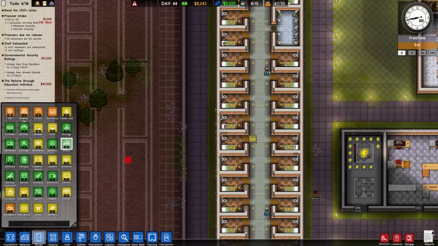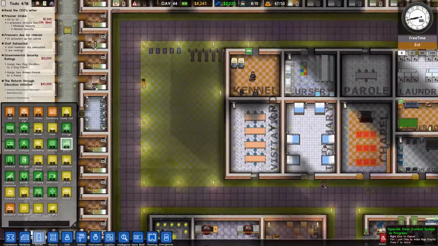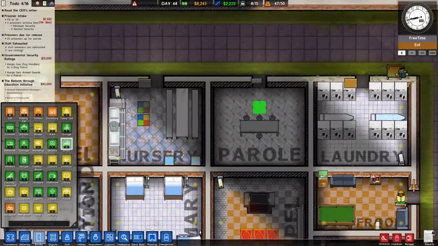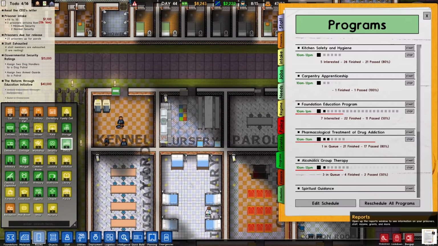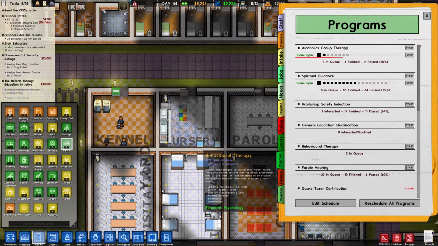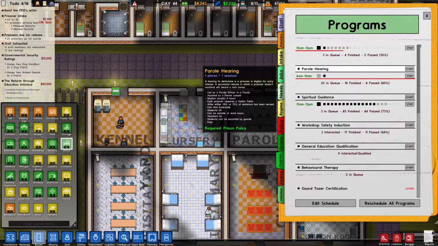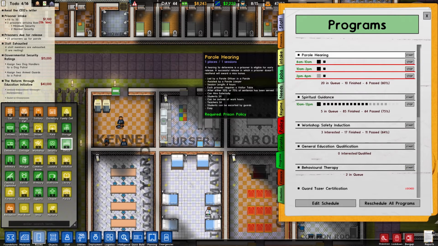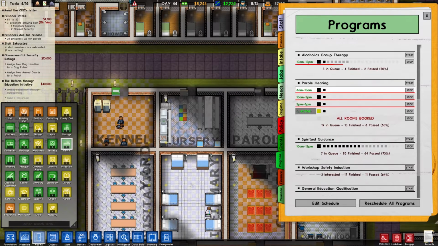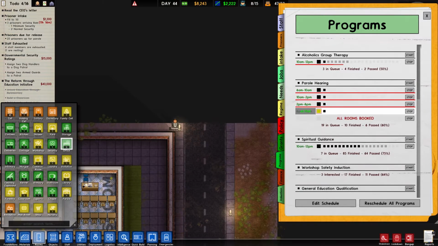Cool, right. So what I want to do now is with our one parole room, which for some reason doesn't have a camera in it and probably should. Sort that out in a minute. We now put the parole back on. And we just press start lots of times. So we can have 4 sections there. It says all rooms booked, but if I go to edit schedule,